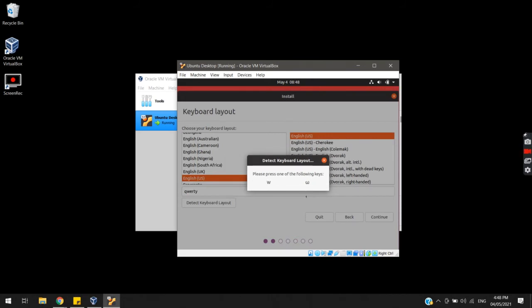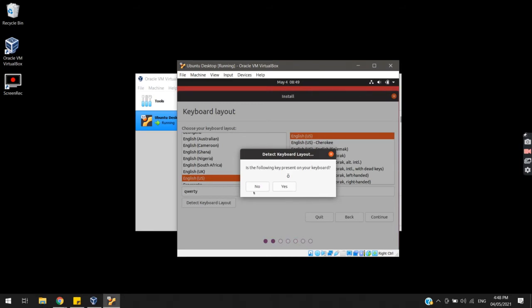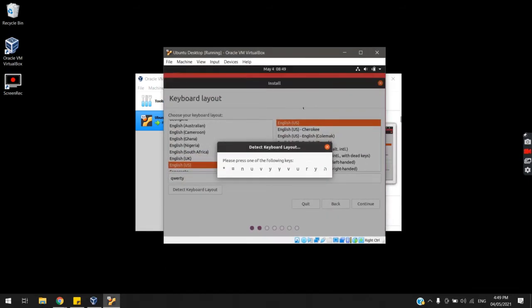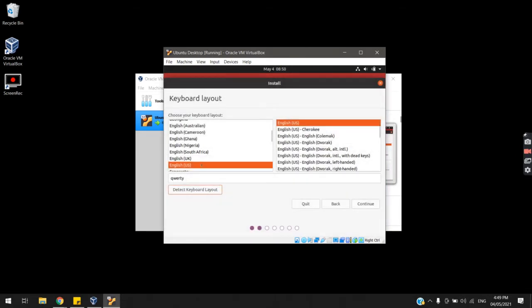N, Z, so here you can detect your keyboard layout, or you just choose your keyboard layout. After choosing your keyboard layout, you can click continue,